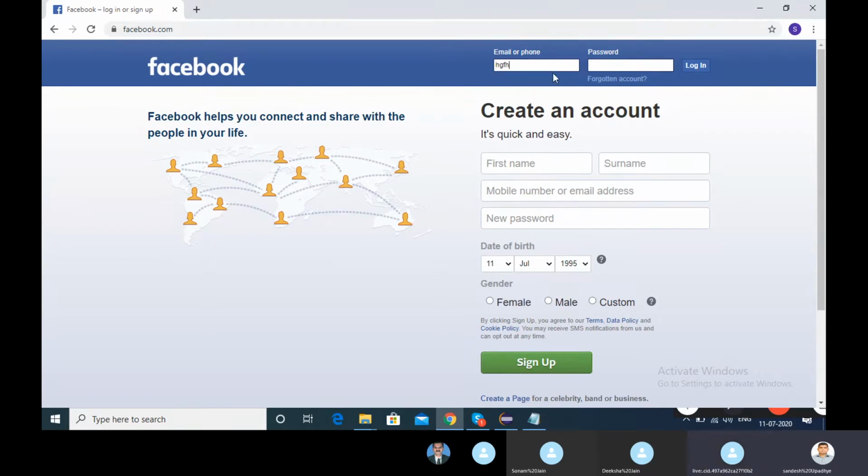Let's say suppose if I put something here and I hit the login button, what will happen? The window will redirect to the other window. Look here, the change is happening over here. This window will be redirecting. My internet speed is slow, so that's why, look here, it's still loading.